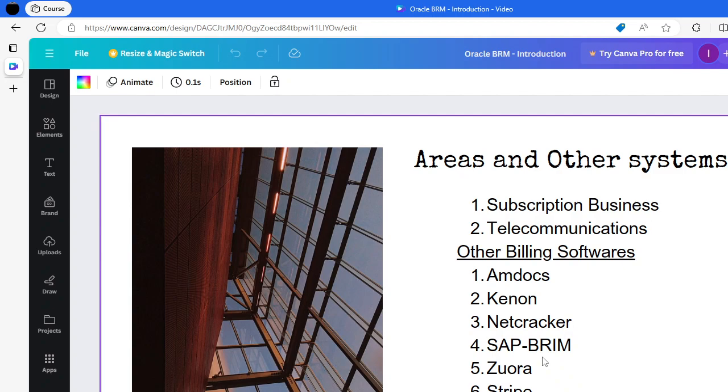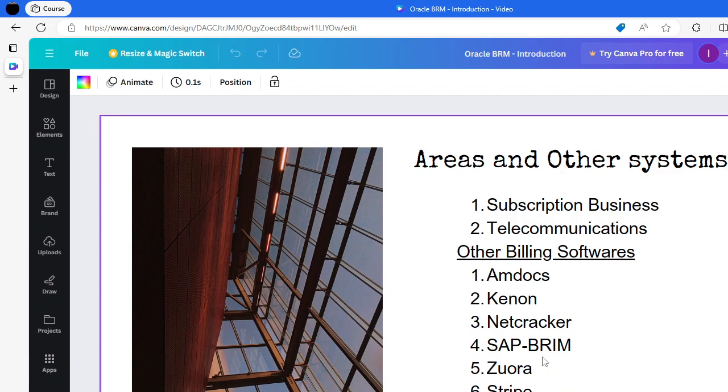There is another product called Matrixx, which is mainly used for prepaid solutions. It is being used in Switzerland for one of the telcos. And Singleview is also being used by telcos and so on. So these are not the only billing softwares, but there are so many. But these are the most well-known billing systems